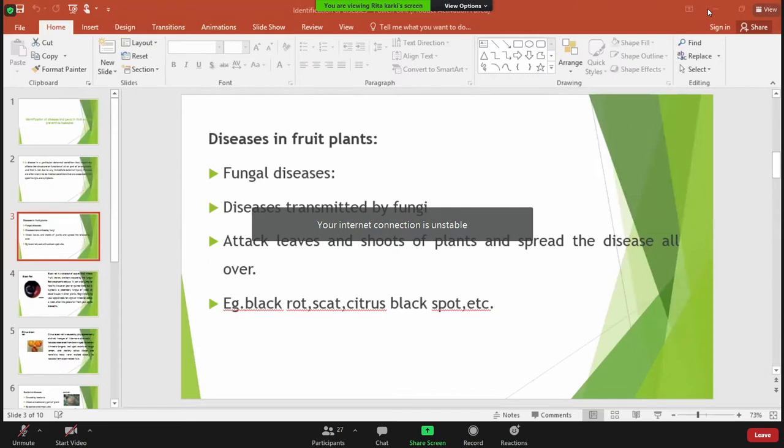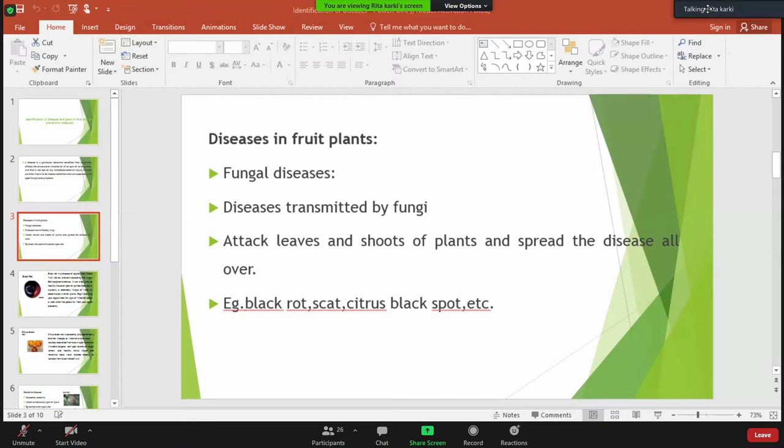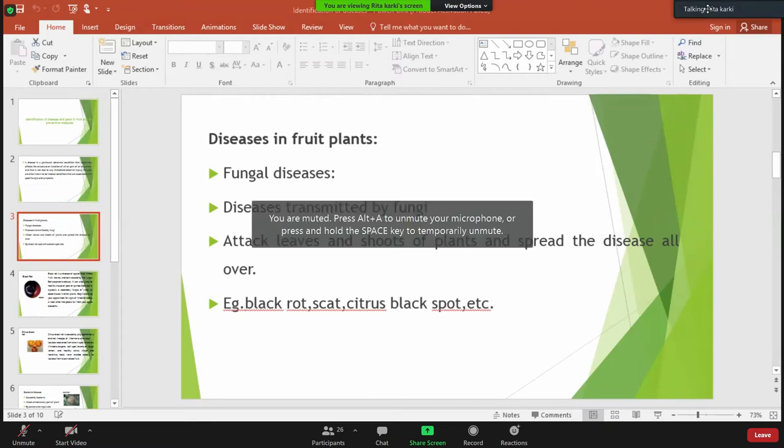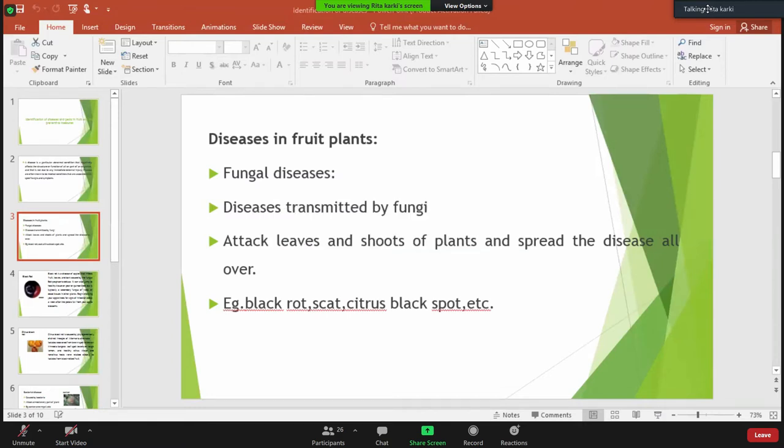Some of these diseases only attack the leaves of the plant. Some of these diseases attack the fruits of the plant. Some of it may attack liquids that are produced by the trees, as well as some of it may attack the whole body of the fruit, because of which the plant will not be able to bear any types of fruit in the coming future if they are not treated properly, if they are not provided with treatment.